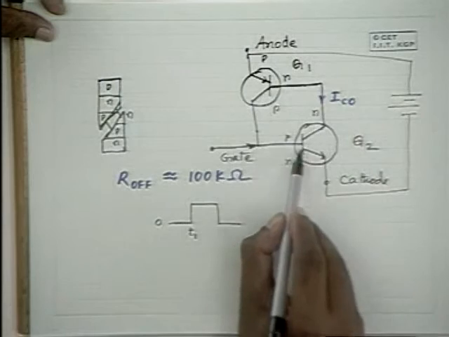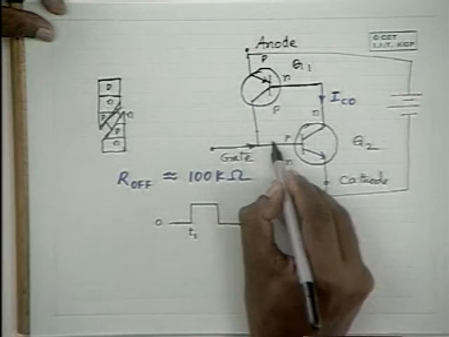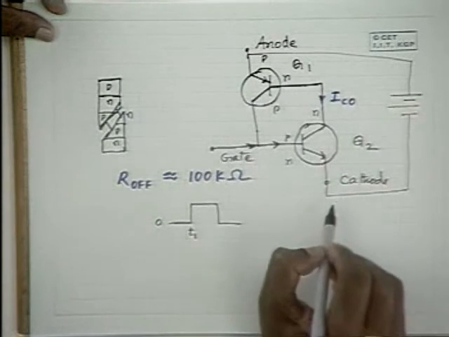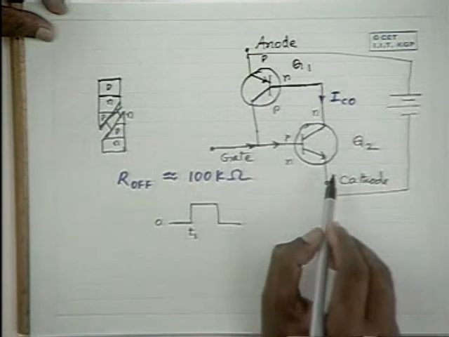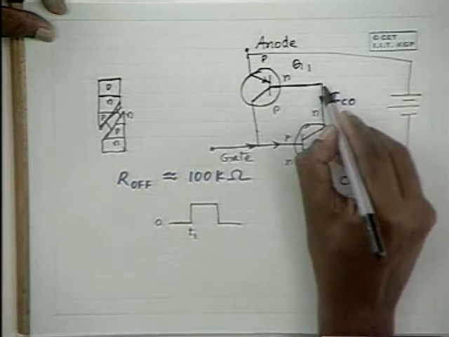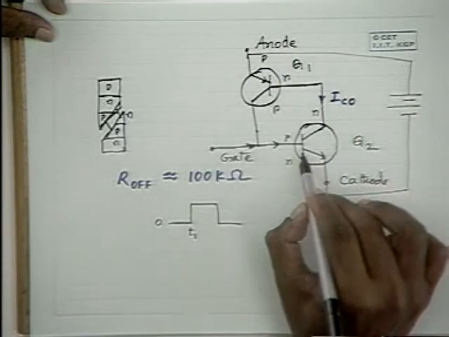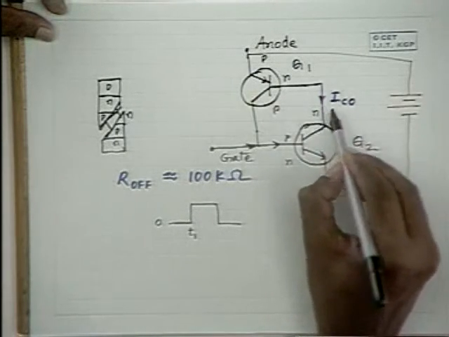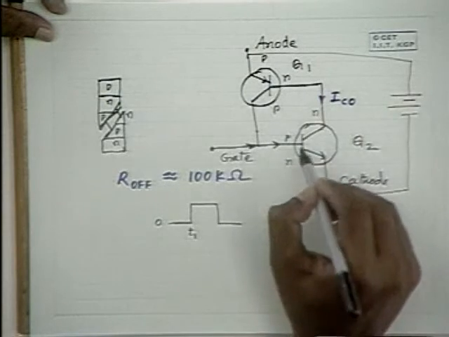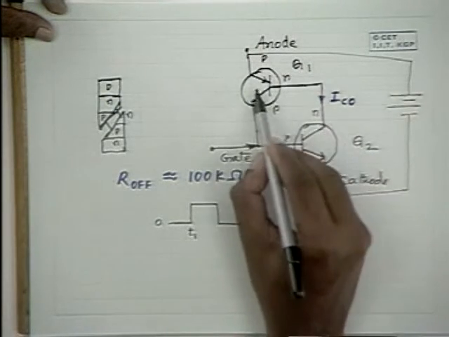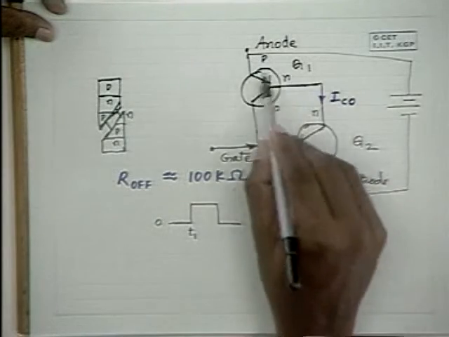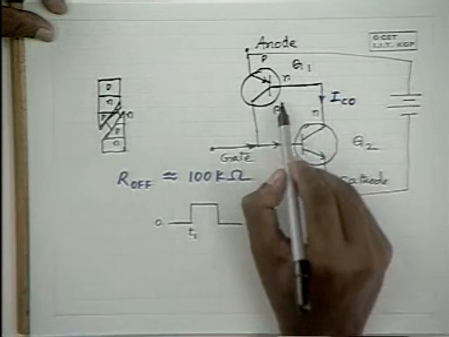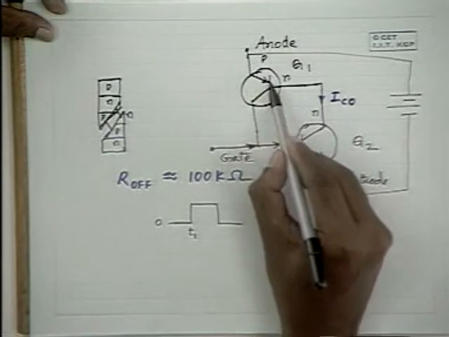Now, when in that situation, base current IB2 flows into transistor Q2, and this current results in a collector current. So beta 2 times this IB2 would be the collector current, which is definitely much larger than this IB2, and this current contributes to the base current for transistor Q1. Therefore, beta times that current would now be flowing through this transistor,